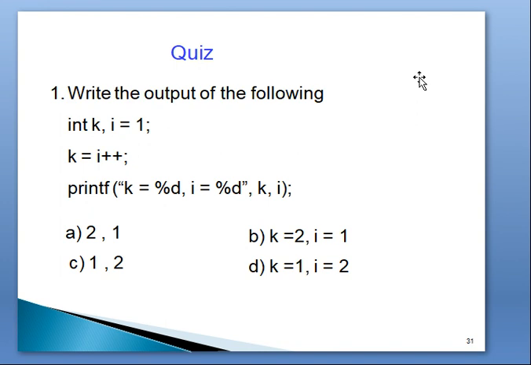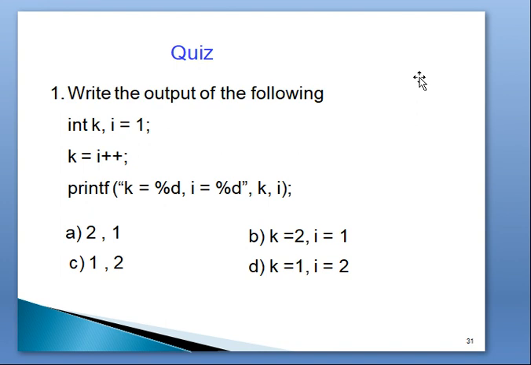In the second line, k is assigned i++. As we discussed earlier in the increment and decrement operators, i++ is the post-increment operator. The post-increment operator is used in the expression k = i++.